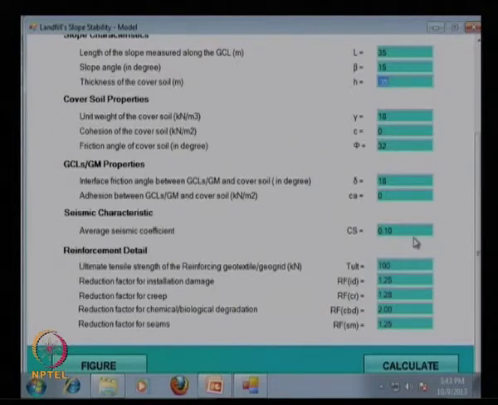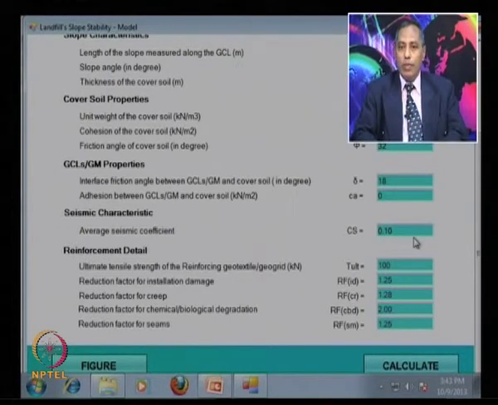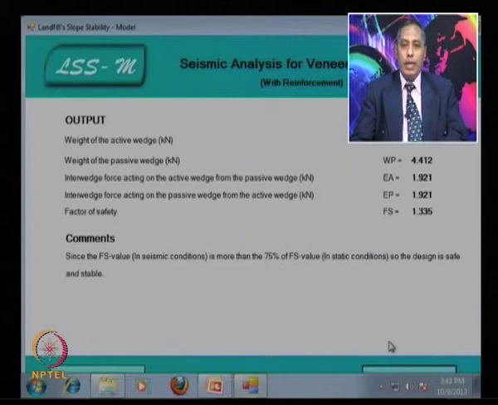So, reinforcement detail: ultimate tensile strength of the reinforcement geotextile or geogrid, T ultimate, equal to 100 kilonewton. Reduction factor for installation damage 1.25, reduction factor for creep 1.28, reduction factor for chemical and biological degradation 2.0, and reduction factor for the seam 1.26. So, if you consider the seismic force, you can also calculate the factor